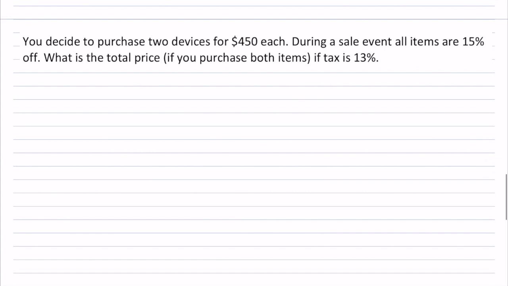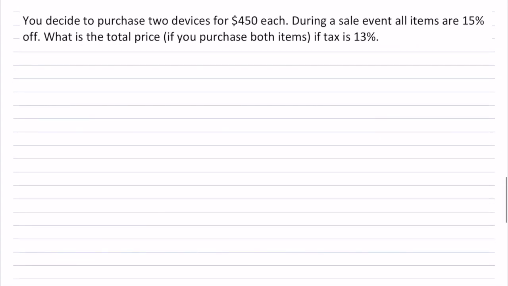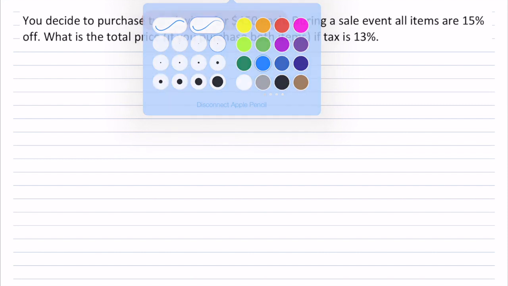So here is an example, and this example will illustrate both an increase and a decrease, and how we handle this. It says you decide to purchase 2 devices. So we have 2 devices for $450, so that would be your regular price. In this case, it's 2 of them, so it's $900. So what I'll do is, in terms of my givens,